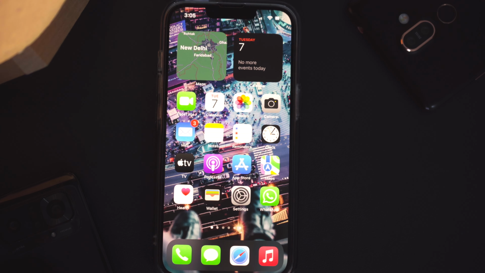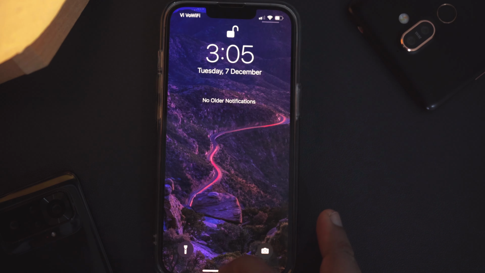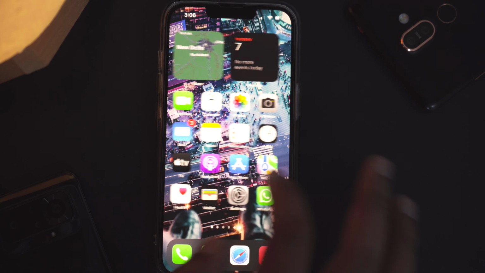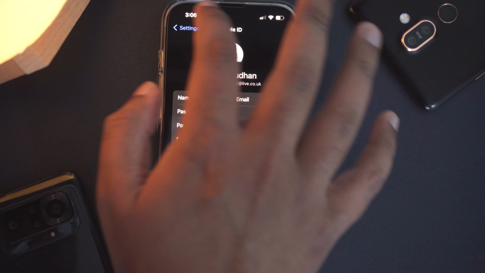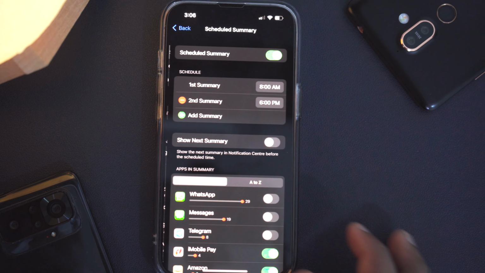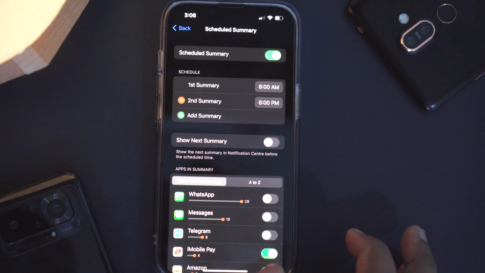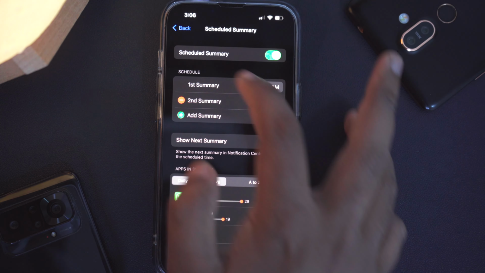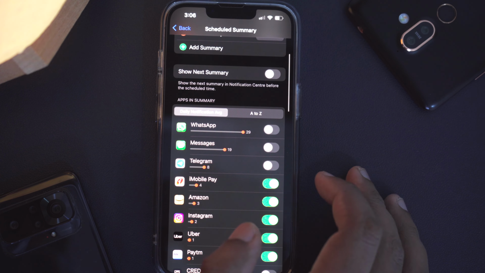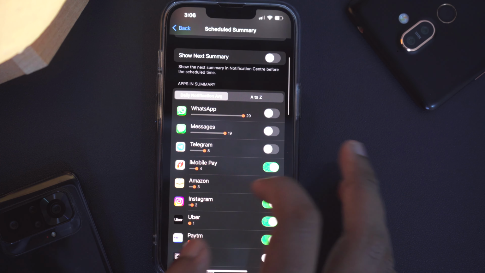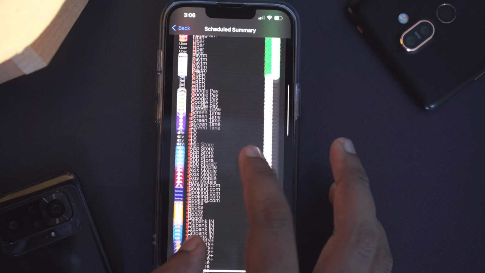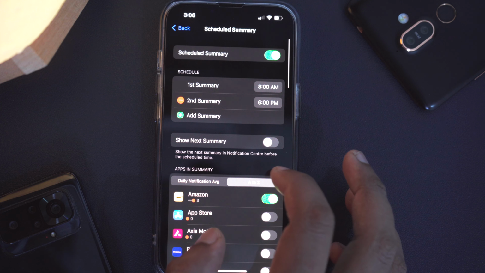Now the another one is notification scheduled summary. I used to have around 200 apps on my previous Android phone, and on this one I have a lot. But the new thing which I discovered is this one, which is with iOS 15. If you turn it on, you will get a notification summary for the apps which you have selected. For example, for WhatsApp, messages or Telegram, I will get the direct notifications, but for the other ones, I will get a summary of all those notifications,